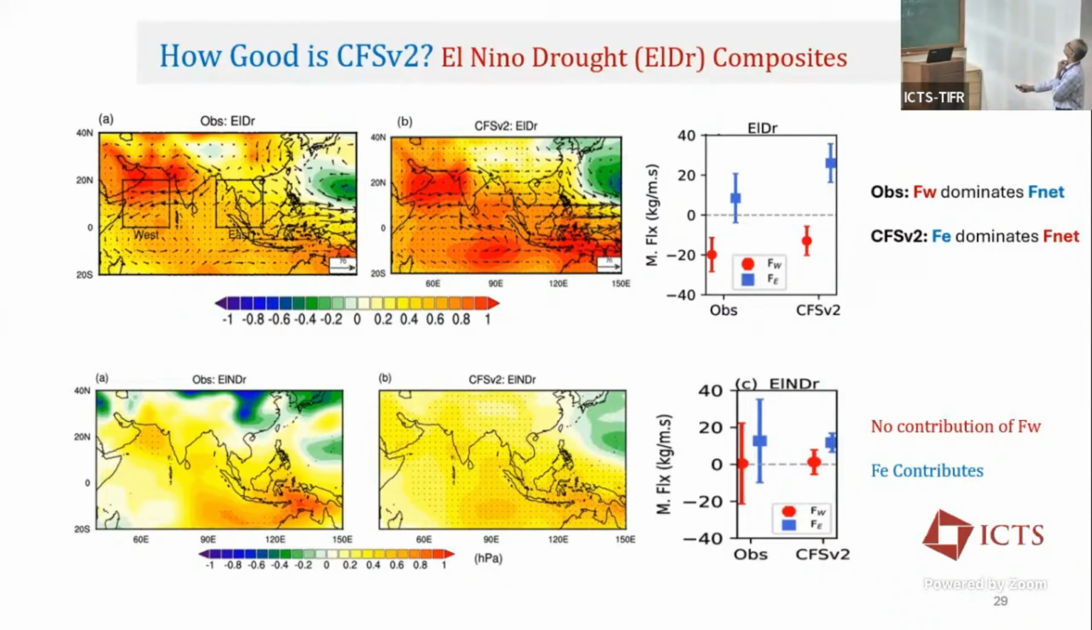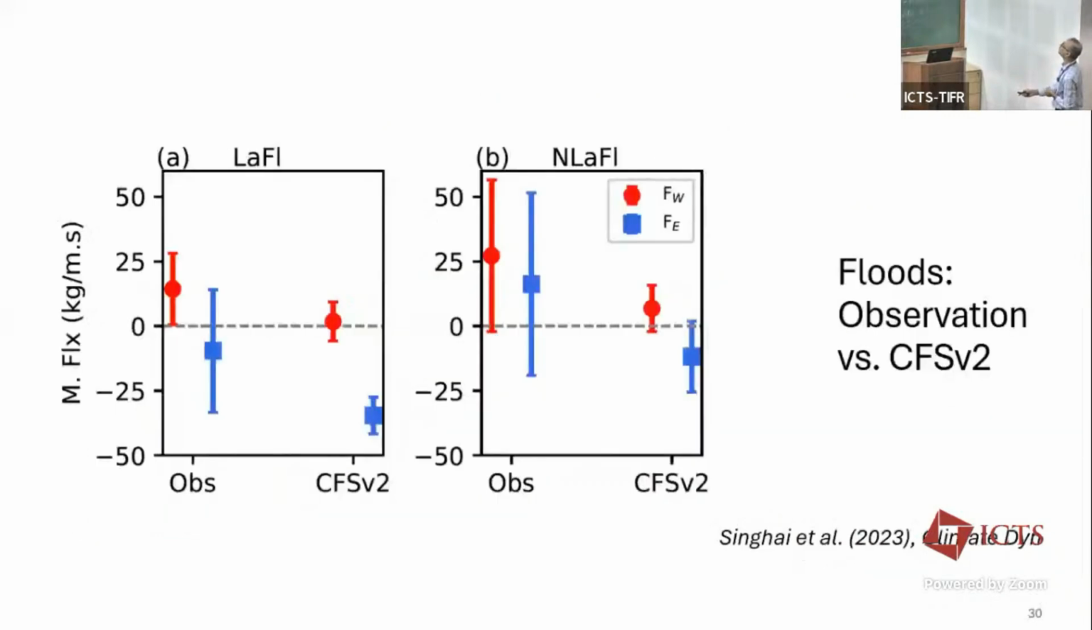In observation, we have seen that the incoming moisture flux, this FW, is much lower, and the outgoing moisture flux is much higher. In CFS-V2, both are very, very similar to each other. Okay, and then for the El Nino drought, this is also here. So in summary, if I come here, what we found is that